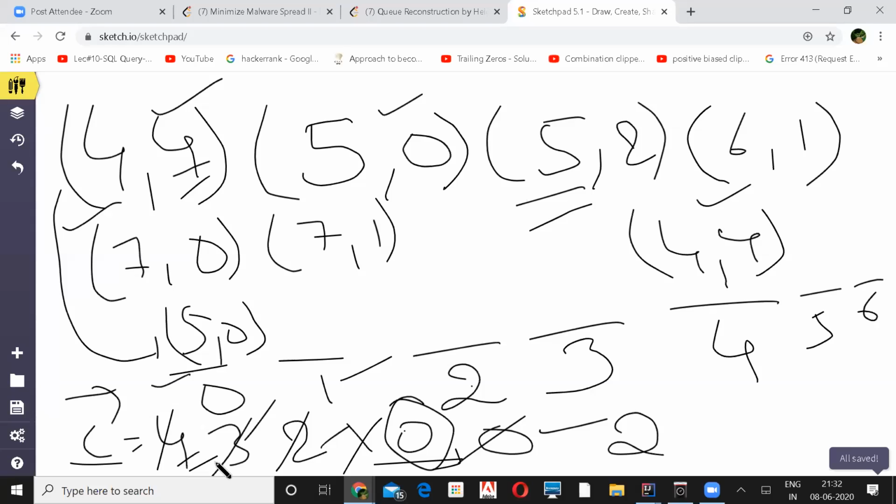So can we put this 5,2 at index 1? No. We can't put because we need to have 2 elements greater than 5 on the left of it, right? So we can't even put it at this. So this is made to 1. Now, can we put here? Here also we can't put because again, we need to have 2 elements. It will have only 1 element. So the moment it becomes 0, it will reach here. At this position, I'll put 5,2.